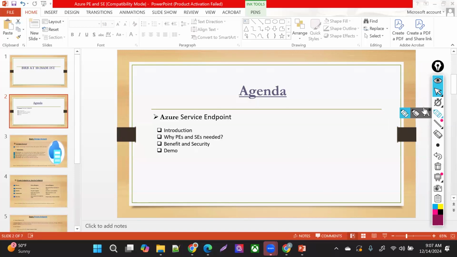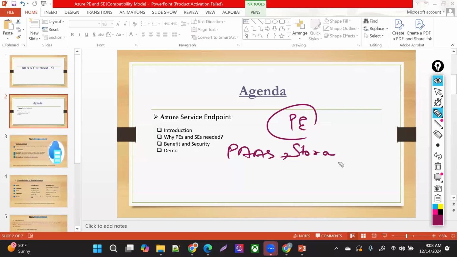We discussed private endpoint. If you guys remember, we covered that private endpoint, which is for PaaS services, platform as a service. In the previous class, we discussed storage account, which is one of those PaaS-based services. There are many PaaS-based services in Azure cloud, where Azure provides a platform, and we utilize those services and pay the cost as per our utilization.